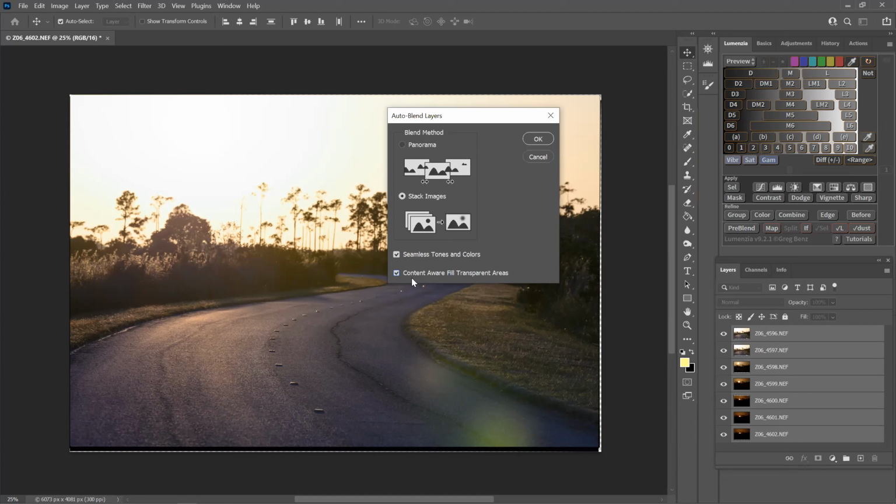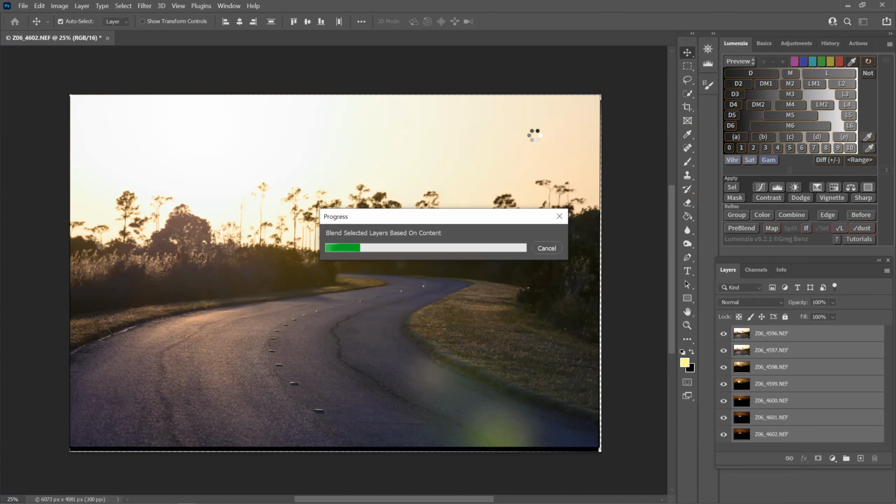It's just amazing. So you want to click the content aware fill and you just click OK, and let Photoshop do its magic. It's pretty amazing. And this takes a little bit of time too. If you got a slow computer, you might want to go grab yourself another coffee.